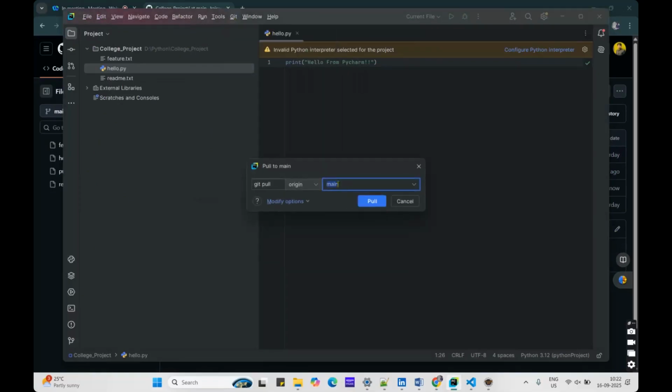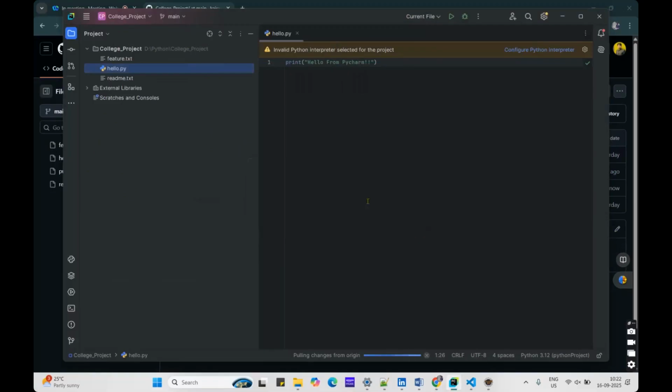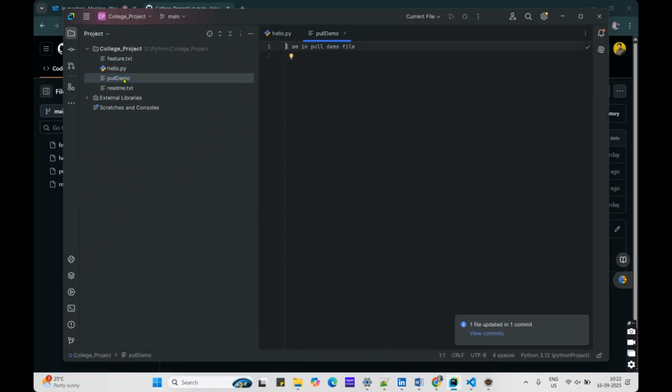From the main, I want to get the updated code. So the first thing we need to do is pull it. Just simply pull it, and see here, the pull demo file is now in our system. This is how we need to work daily with pull and push. The first thing we need to do is a pull. We bring the remote data into our system, work with that, then add and commit, and push that